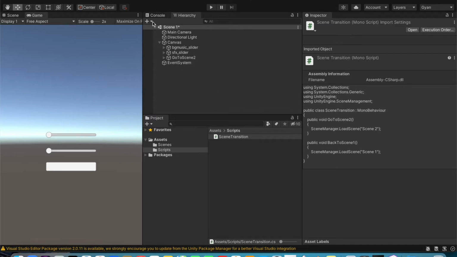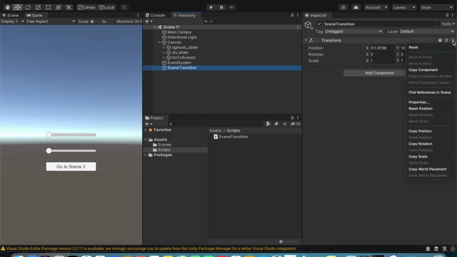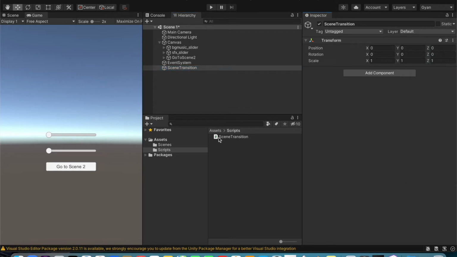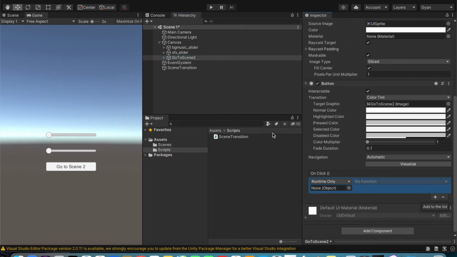Now create one empty game object to hold that script and name it scene transition. Reset its position to 0, 0, 0 and drag scene transition script to this game object. Now go to scene 2 button, and when this button is clicked, it will refer to the function to move it to scene 2. Now save the scene,